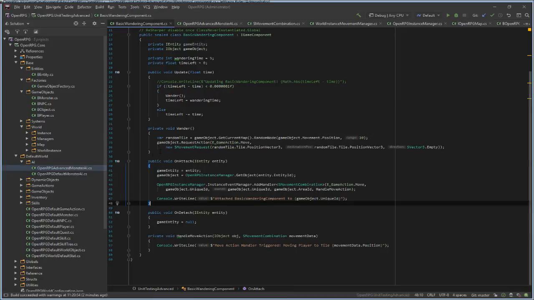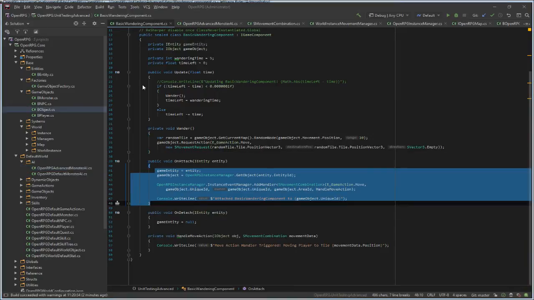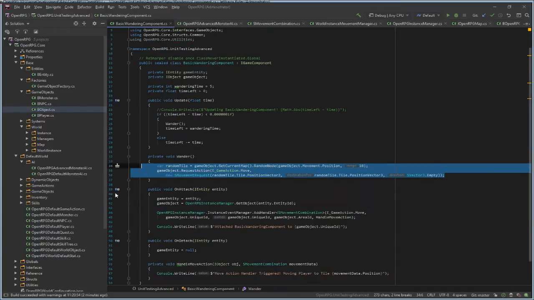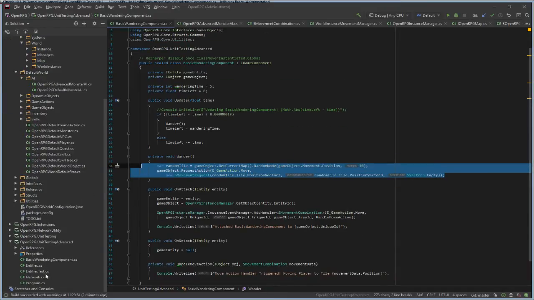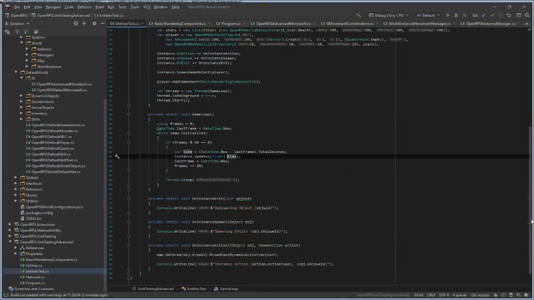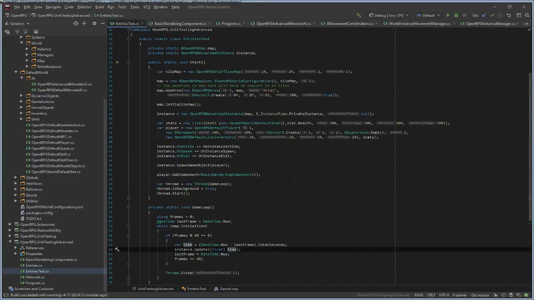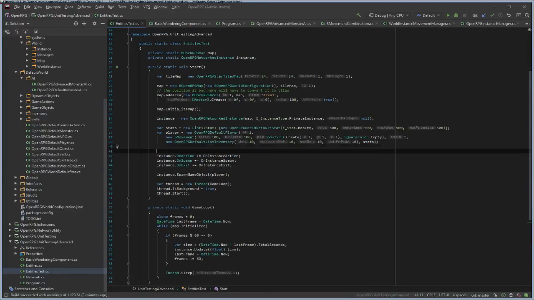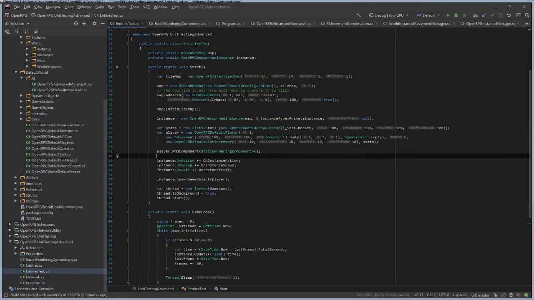Then systems do the movement logic. They do the game logic. It's all good and fun, but I personally don't like the component system. I just like to handle my logic inside the component itself.